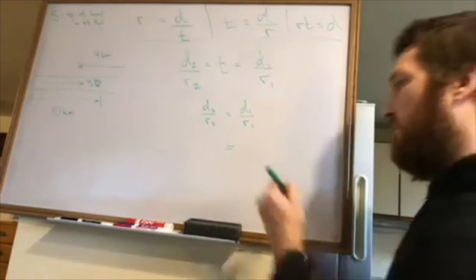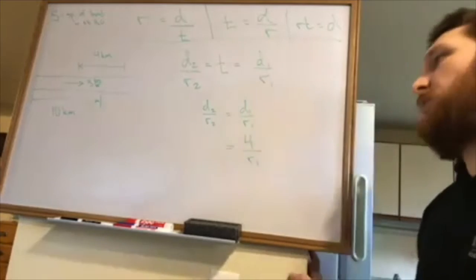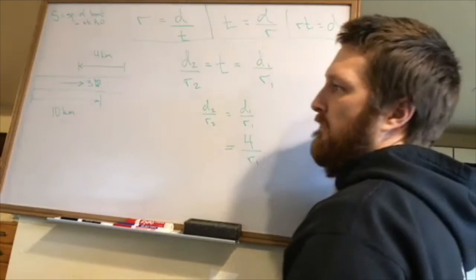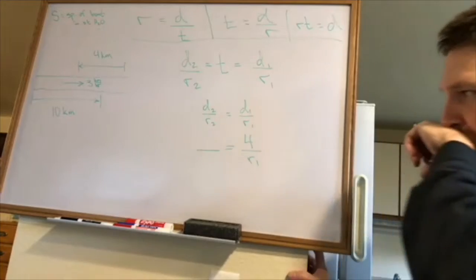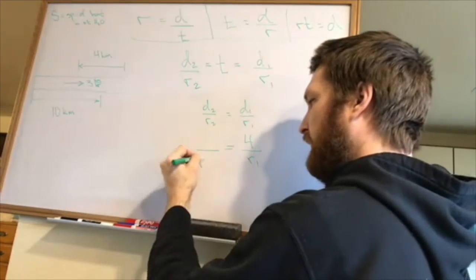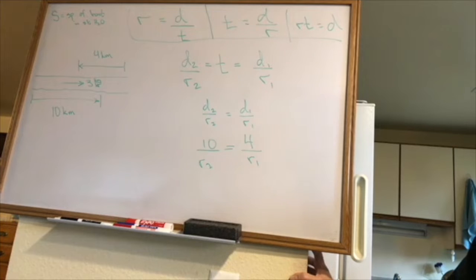4 kilometers over rate 1. Now, what is the distance of the second trip? 10 kilometers. 10 kilometers over rate 2. Now,